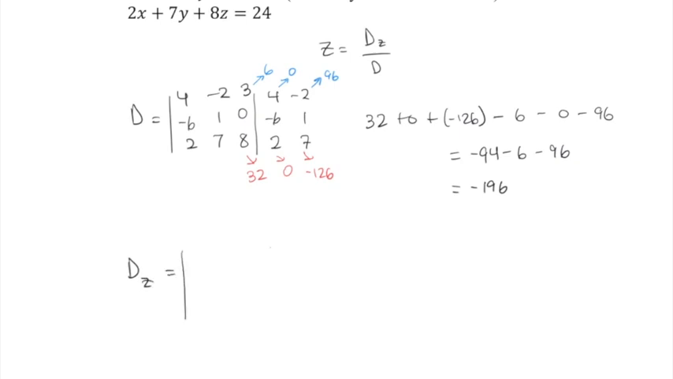So the subscript means the z column is going to have the values here after the equal sign, 6, -2, and 24. Then we're going to copy those first two columns again. So from the top left to the bottom right,